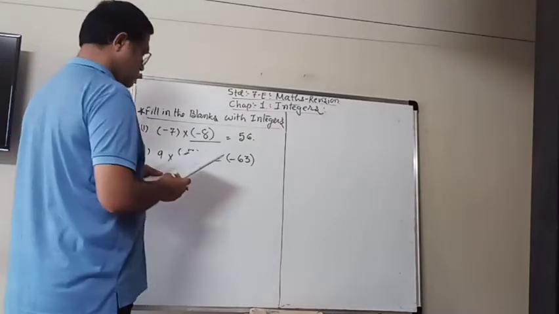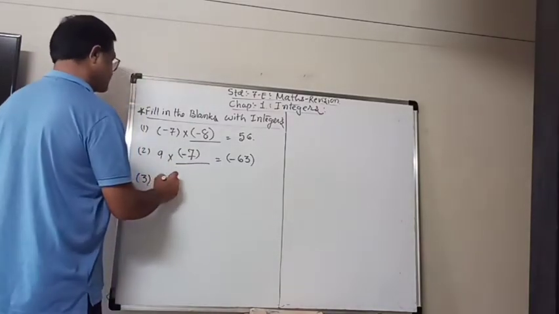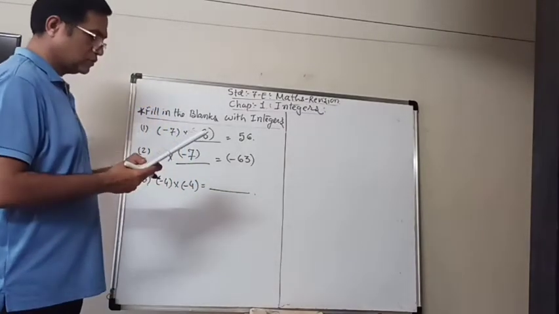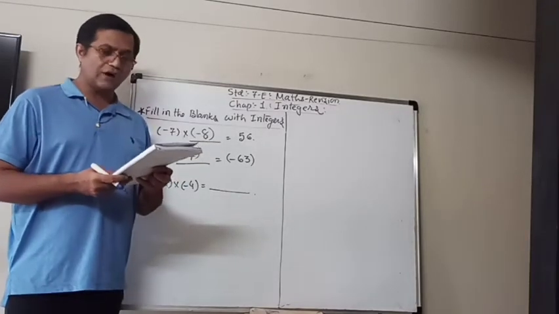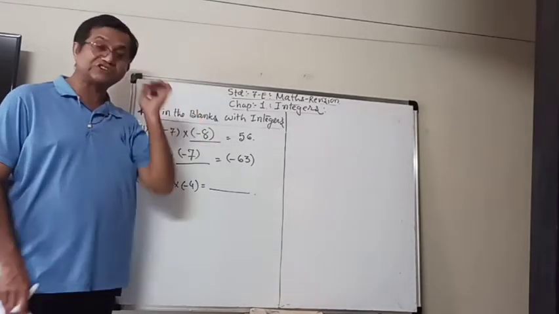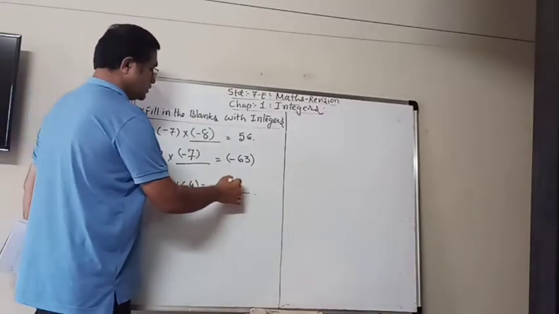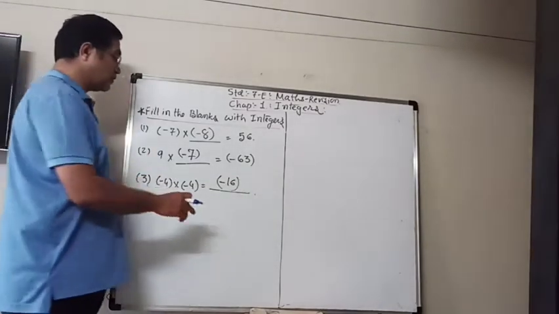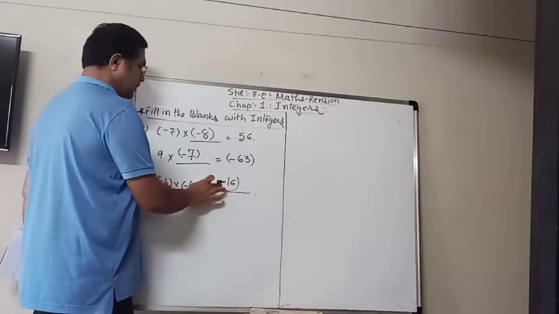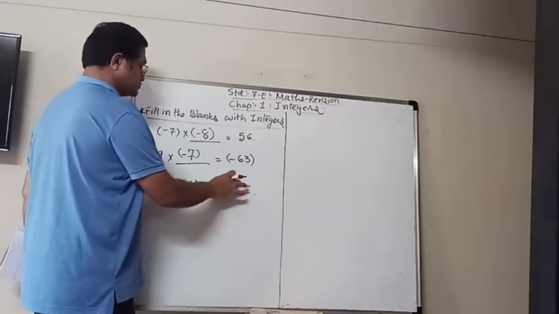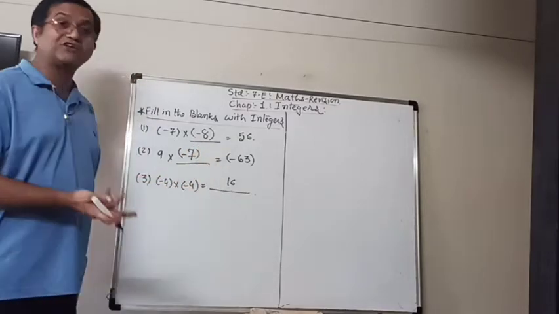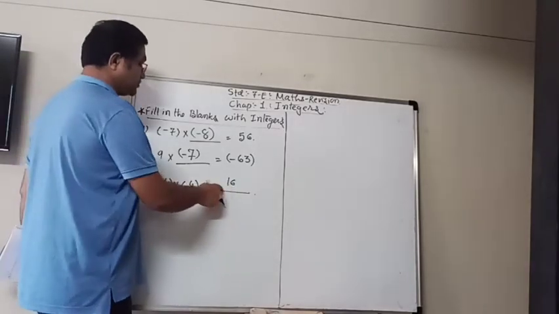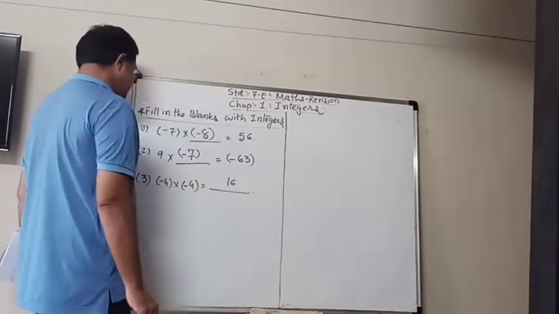Third blank. -4 multiplied by -4 is equal to how much? So now 4 4s are 16. Is it -16 because -4 multiplied by -4? No, then you are wrong. In a hurry, you might write that, because 4 4s are 16, so -4 multiplied by -4 is -16. But no, it is not true. Negative becomes positive. So your answer must be 16.